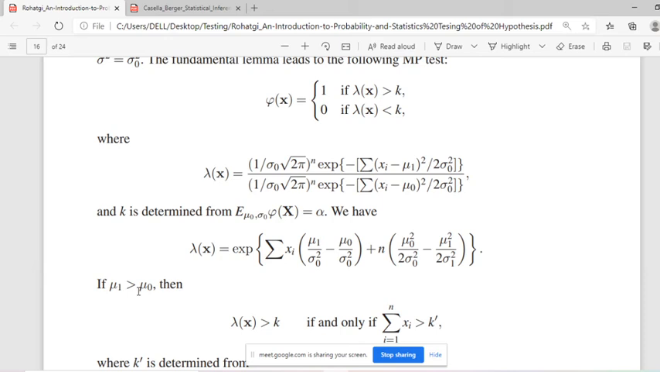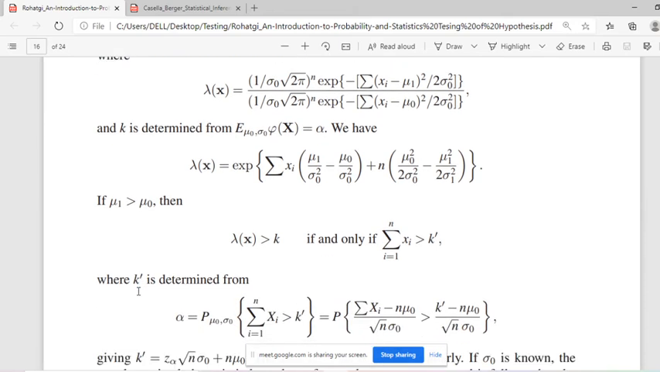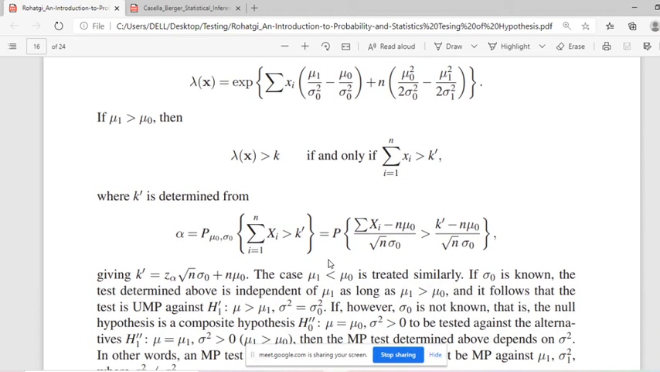If mu1 is greater than mu0, then lambda x is greater than k only if this is e raised to summation xi. These are constants. Okay, so lambda x is considered to be large only when summation x is considered to be large. Lambda x is greater than k if and only if summation x is greater than k1. That is the idea. So from that we will compute the